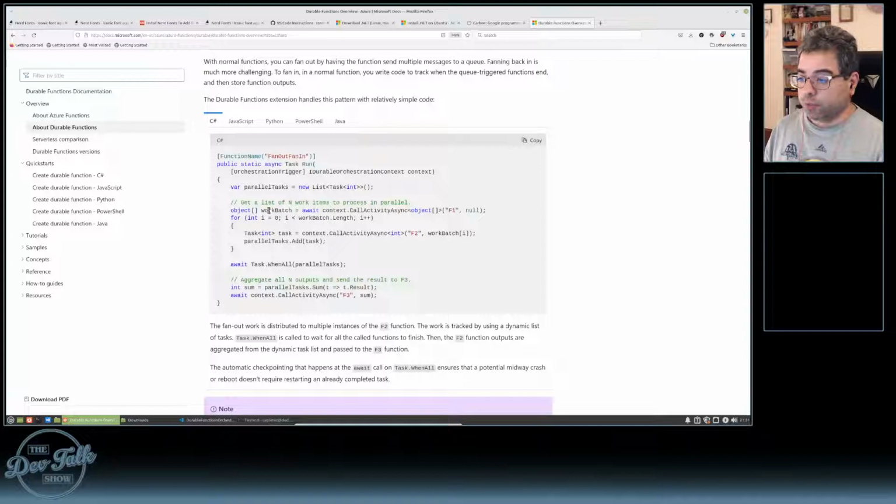And then I'm going to loop through that batch of objects and call the F2 function on each one, and then add the resulting task to a list of tasks. So that's what this parallel task is. It's a list of tasks. It was declared up here. And then I'm going to use this little thing in the task